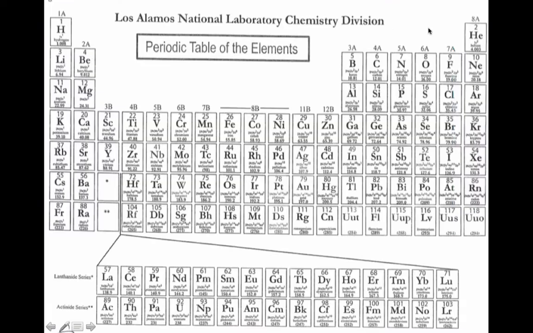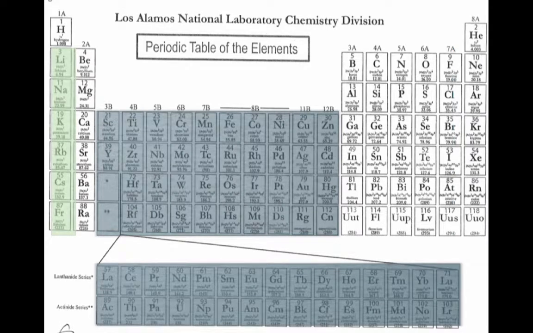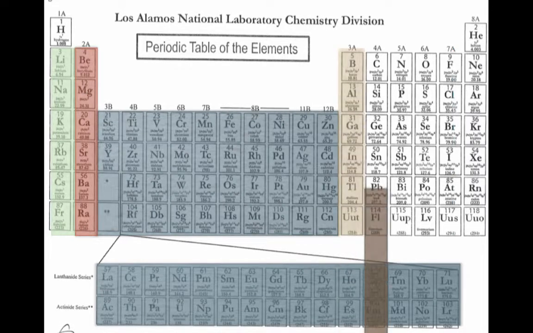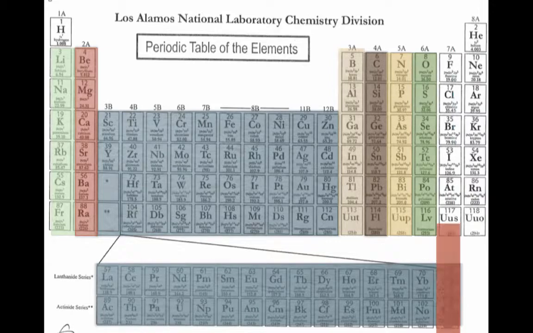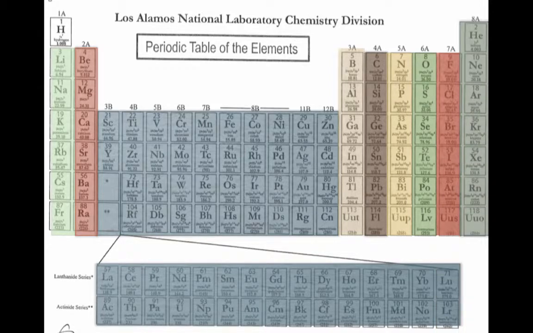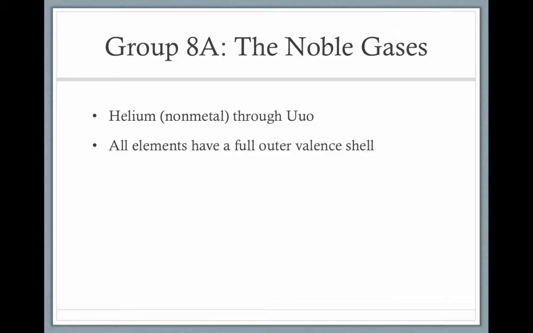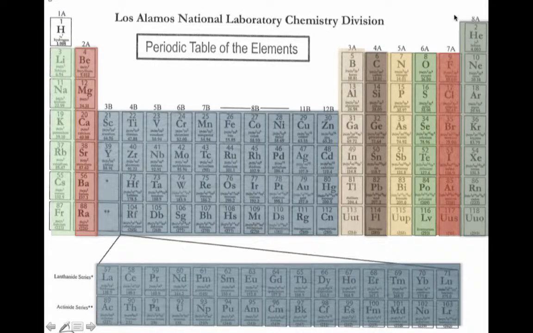Okay, so we have transition metals, alkaline earth, 3A, 4A, 5A, 6A, 7A halogens, 8A, the noble gases. Helium through UUO. All of these elements have a full outer valence shell. So they have 8 up here, and that'll certainly apply when they're in rows that have 8 in their final shell. When you get down here, 8's not necessarily true. It's just saying that it has a full valence shell. These guys cannot accept any more electrons, which we'll talk about a little bit later today when we talk about